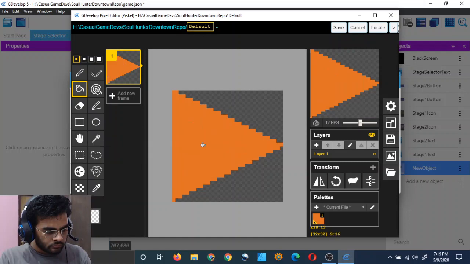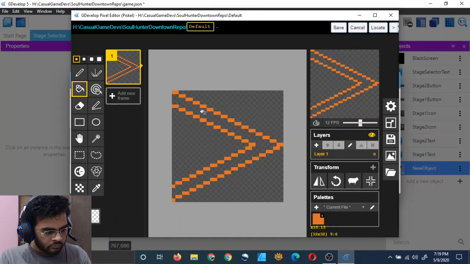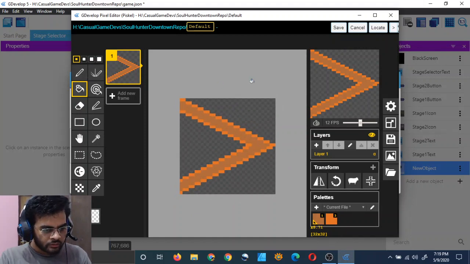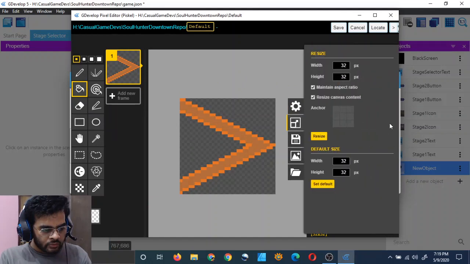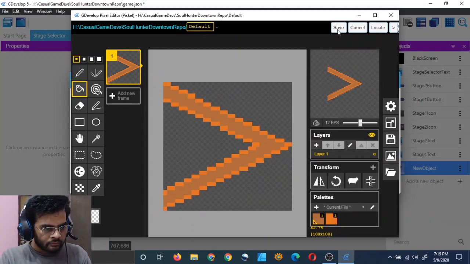Or should I pick light? Yeah, this looks okay, I guess. And it was 32 cross 32. Change it to something bigger. 100 precise. That better. Save